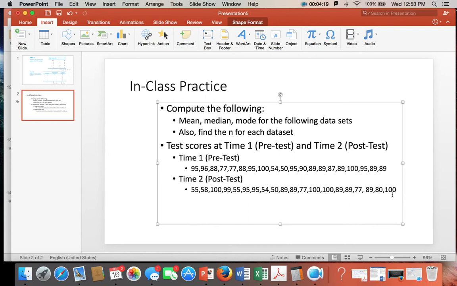My mode still remains as 89. So here we still have the value of 89 occurring 1, 2, 3, 4, 5 times, thus giving us a mode of 89. And our median still remains as 89 in this particular case. Even though we do have some very particular outliers in my data set, so 55, 58, 55, 54, and 50, even though they do not occur that frequently in comparison to all the other values, we can actually still see their